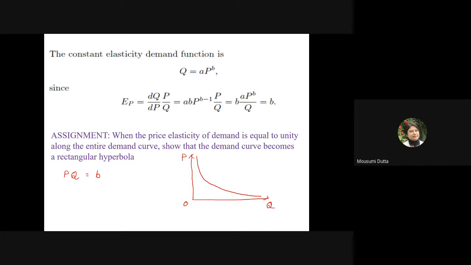So you have to start with the elasticity formula, considering the absolute value of the elasticity altogether. So this is d log q by d log p. We have to set this to be equal to 1. And from there,